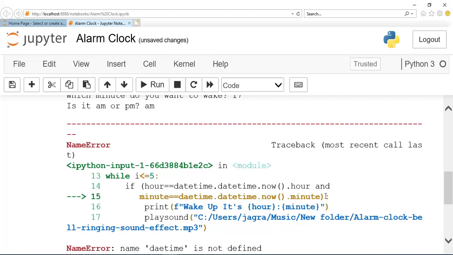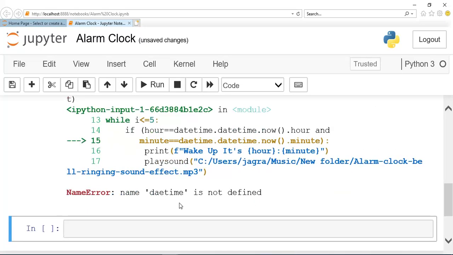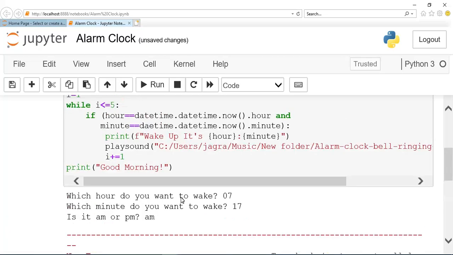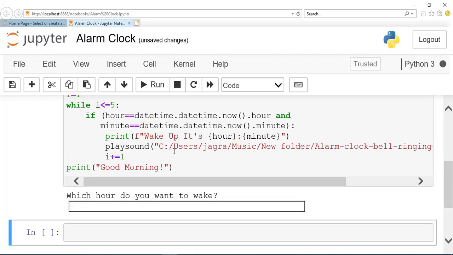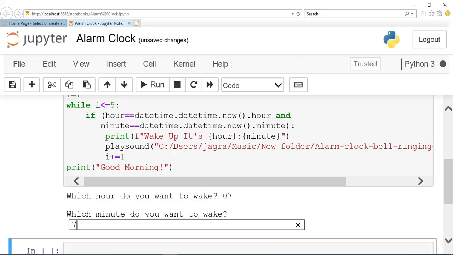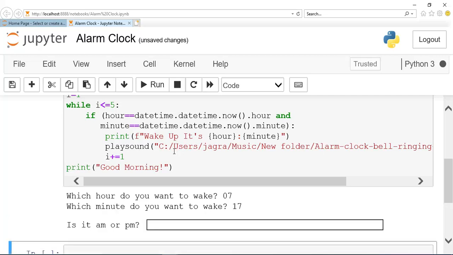Okay guys, it is showing me error. Oh, so I made an error in name. It's here, it is datetime. Okay guys, so let me run this again. I'll use here 07, then 17, then it is am.